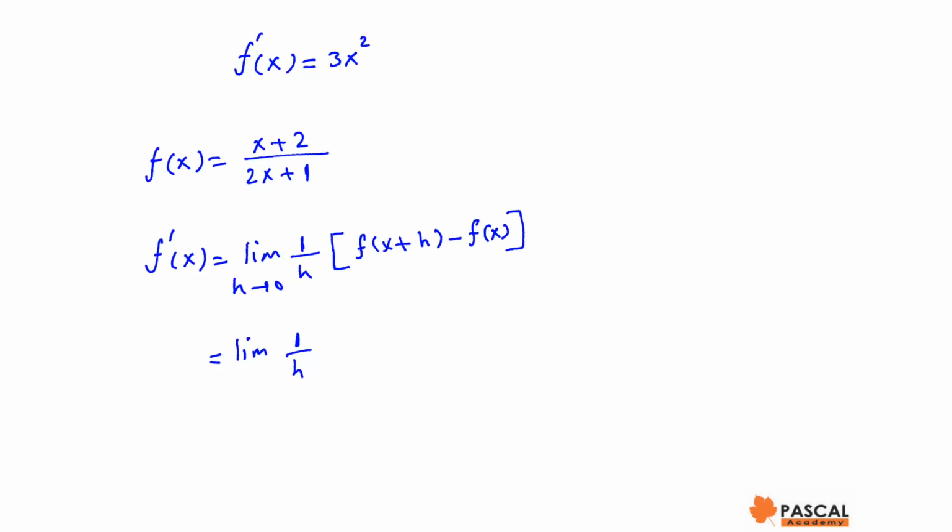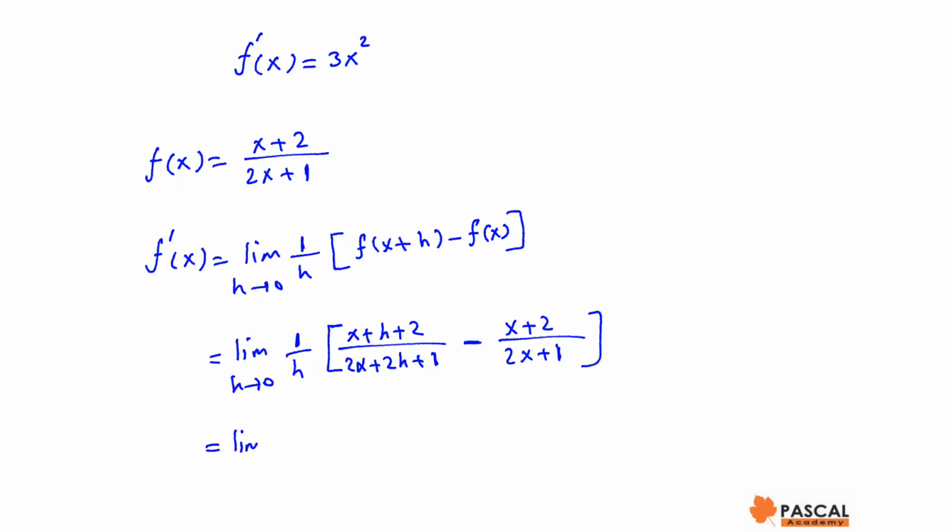The limit of 1/h times f(x+h), which is (x+h+2)/(2x+2h+1), minus f(x), (x+2)/(2x+1), as h approaches 0, which is the same as the limit of 1/h